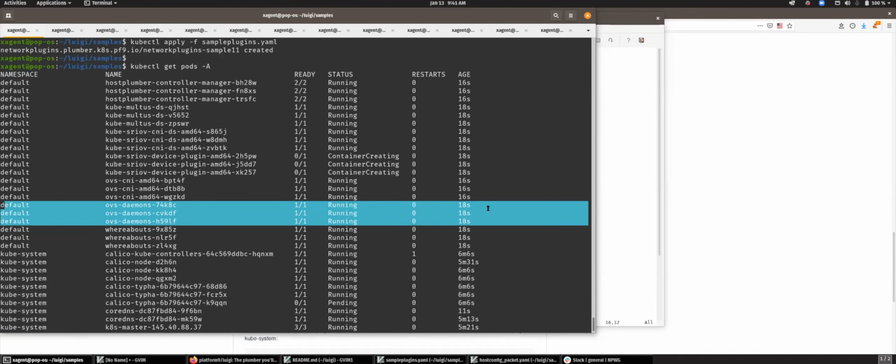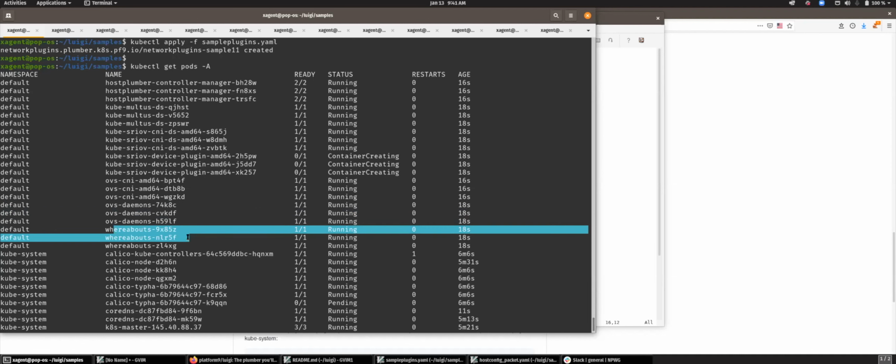We decided to run it in a container rather than install Open vSwitch directly on the host, just because this would allow us to account for any kind of dependencies and make sure that it's always running. So we run Open vSwitch as a daemon set as well. And here we have whereabouts, which is the IPAM driver, as I mentioned. So now we have all those running.